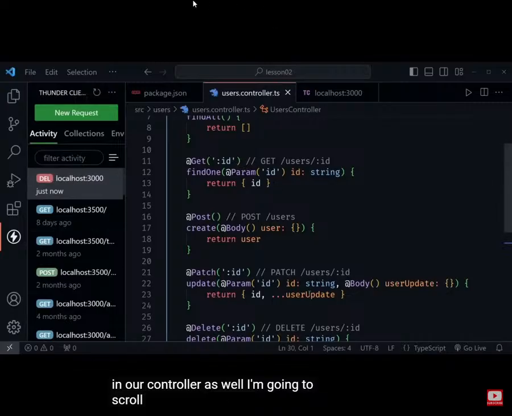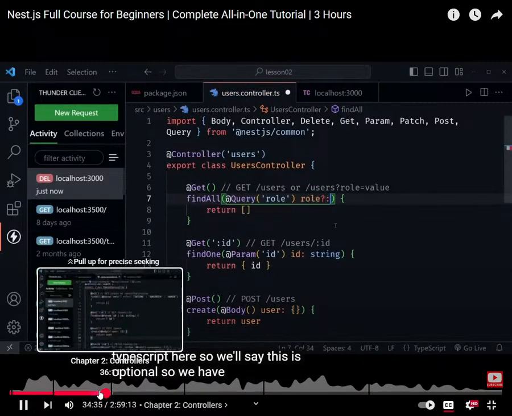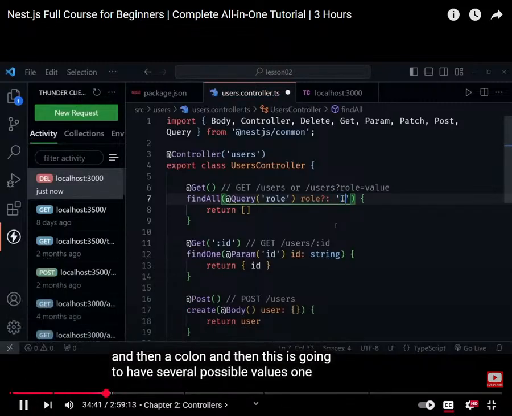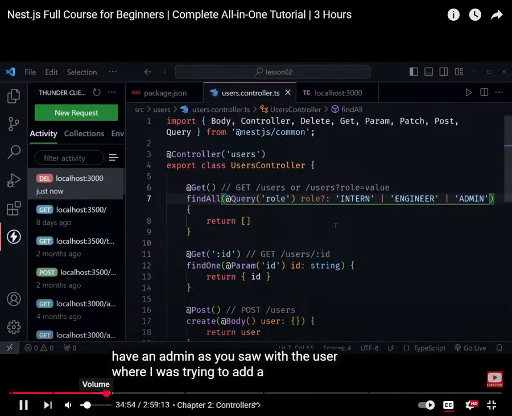Now after that, we need to define role, and we can do that with our TypeScript here. So we'll say this is optional. So we have the question mark and then a colon, and then this is going to have several possible values. One would be intern. After that, let's also say this could be an engineer. And then eventually let's also have an admin, as you saw with the user where I was trying to add a user. That was an admin. So these are the three possible values that we are identifying with TypeScript for role, but it is optional. And again, we're not handling the logic there, but we'll go ahead and try to send this as well through